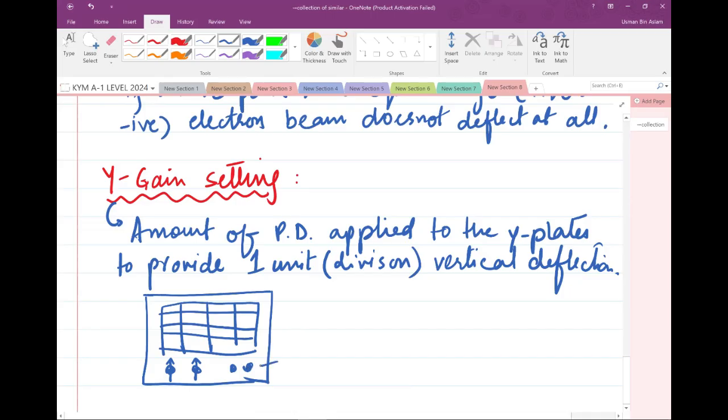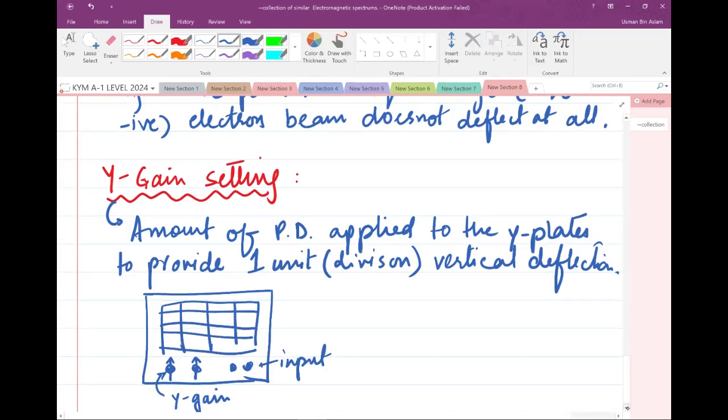And this is an input terminal. You don't really have to know what is happening here. One knob will control the Y gain. That means you can control how much voltage needs to be supplied on the Y plates to cause 1 unit